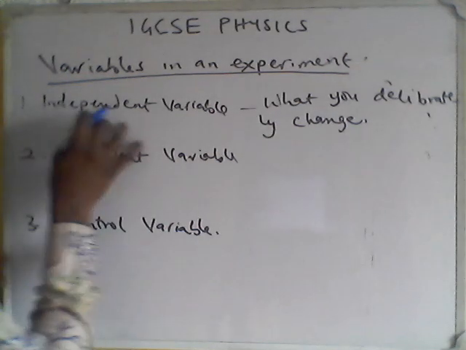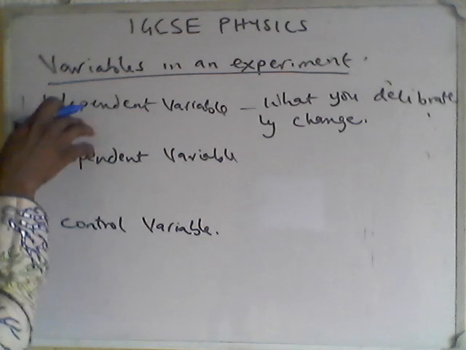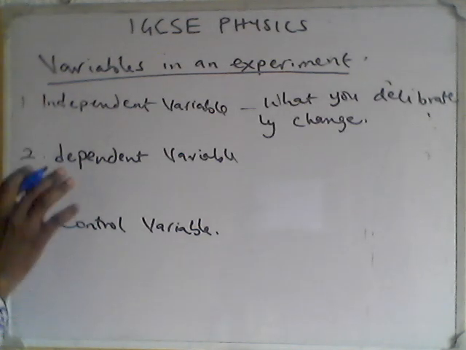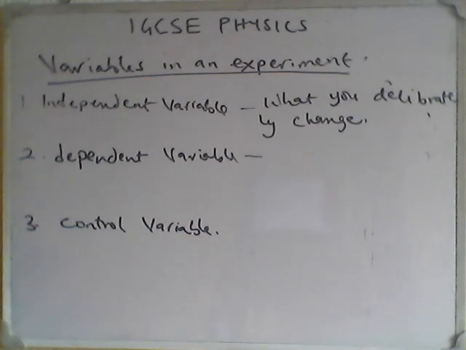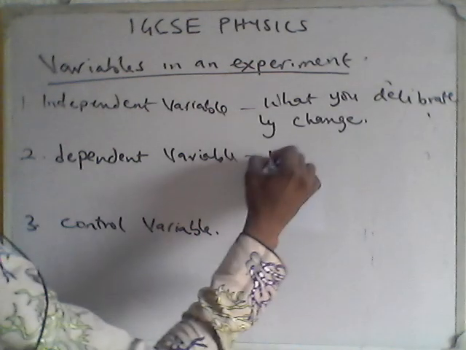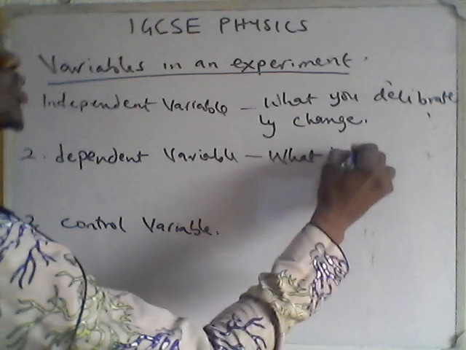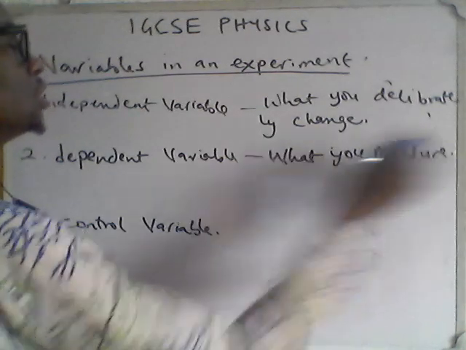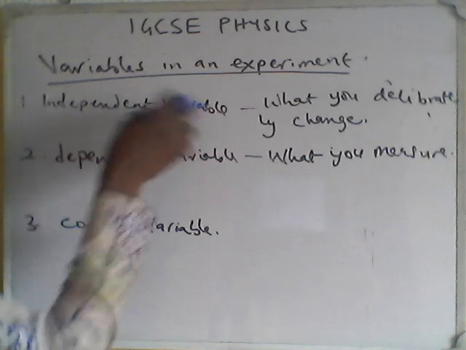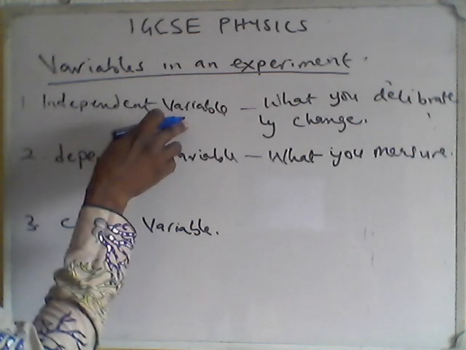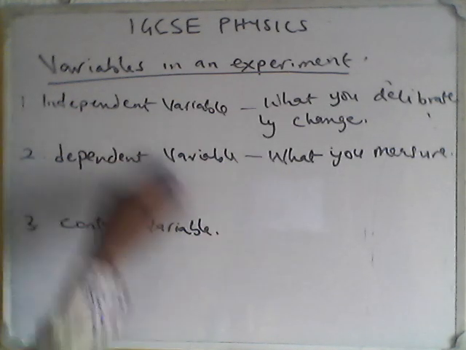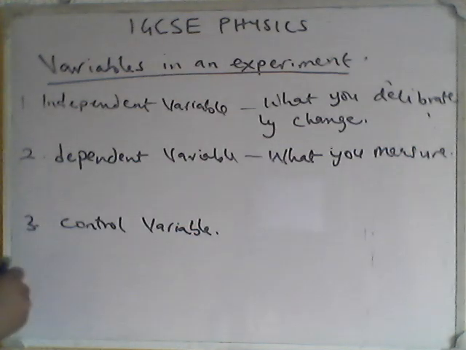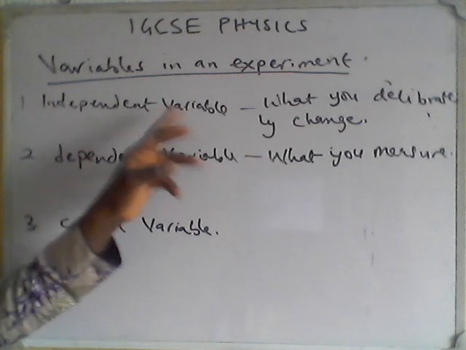So this one can be changed. You understand? It can be changed. It's independent. When you change it, it's a new value that you are seeing there. But the dependent variable is what you measure. So this one actually now depends on this. So when you change a parameter, for instance, now you will be measuring something new. We'll see that in different things. I'm trying to define this now so that when we start doing the experiment or using the terms, I'll be pointing out a term, independent or dependent variable.